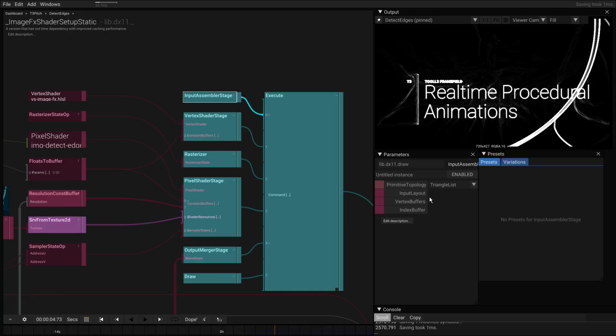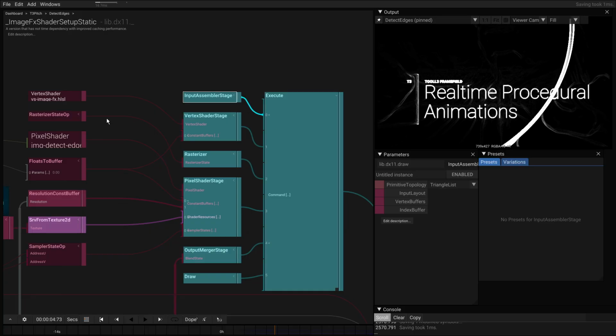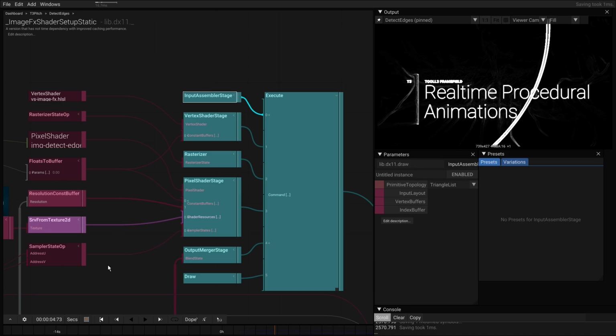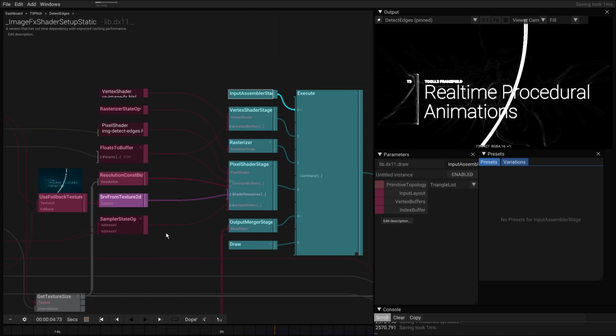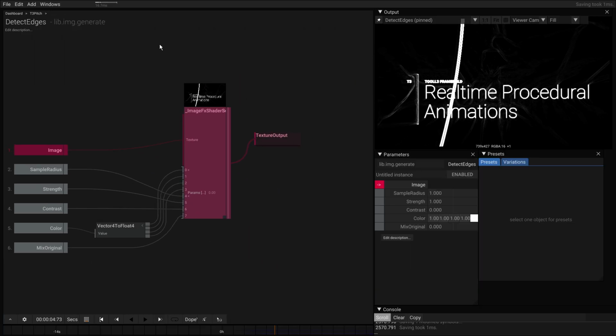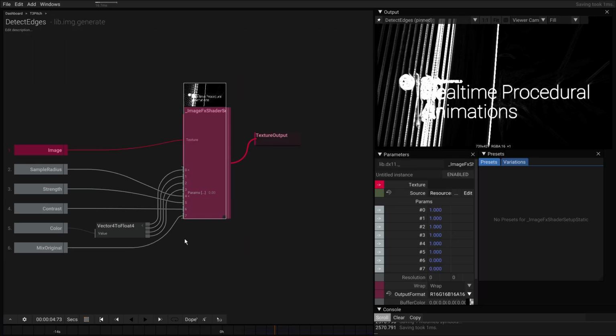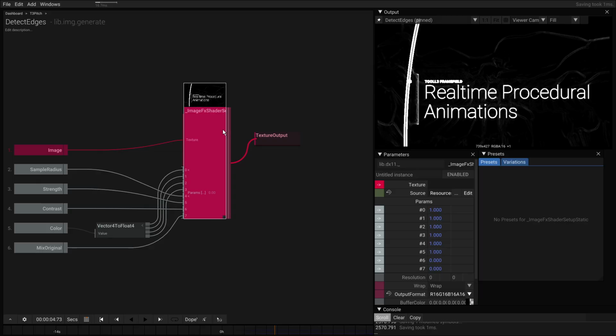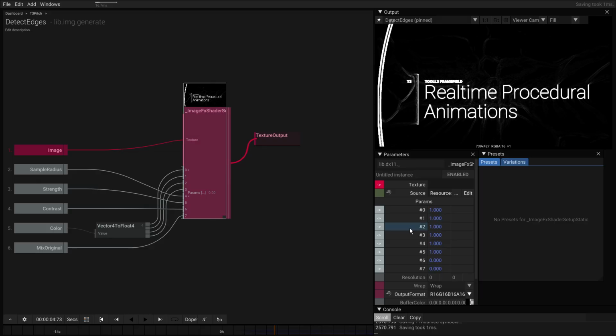So everything you can do with DirectX 11, you can actually do with the tool without needing to write any code. But you could. So this is a reused operator. And it exposes a bunch of parameters. And one of the parameters it's exposing is the shader source code.